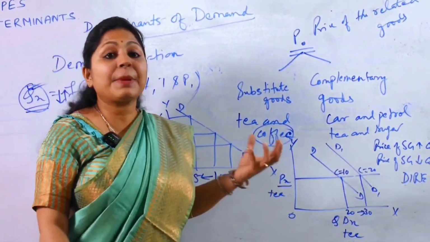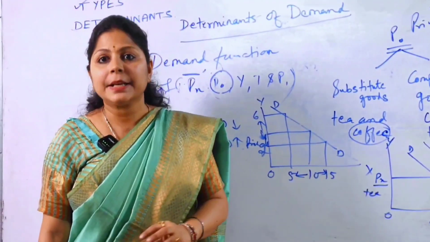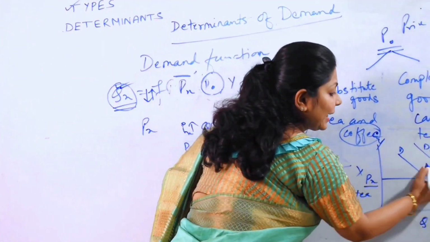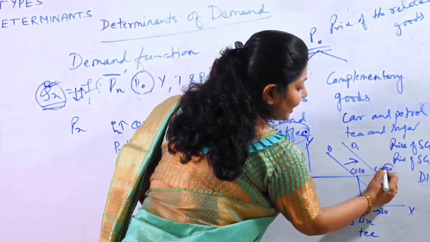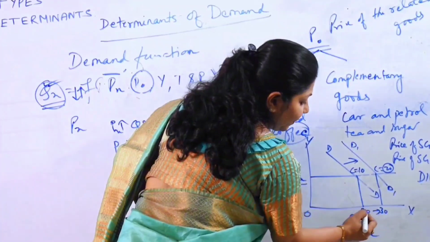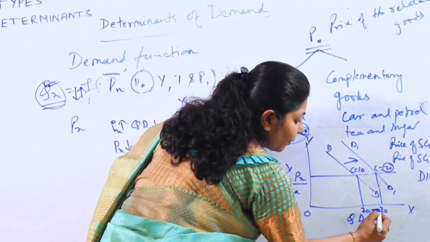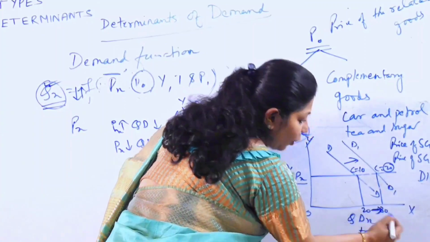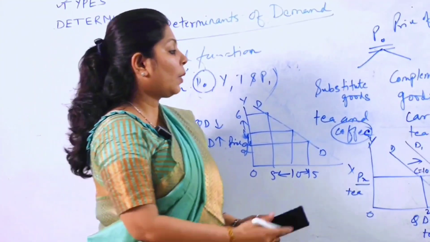So in that case, people who were earlier consuming coffee will now shift to tea. So that's why, due to increase in the price of coffee to 20, people have shifted from coffee to tea. So the demand for coffee is reduced and demand for tea has been increased to 30. Likewise, now